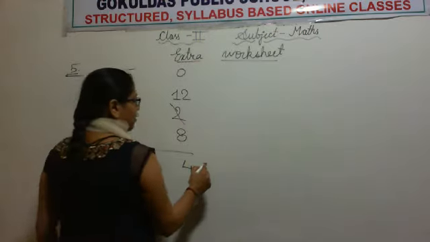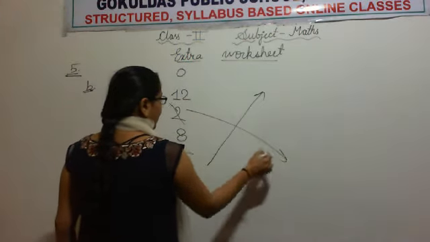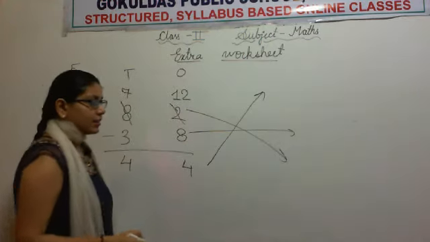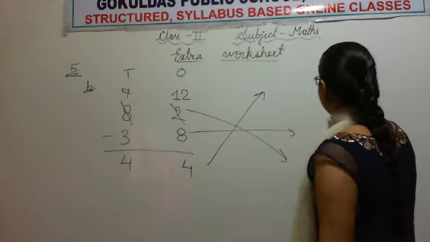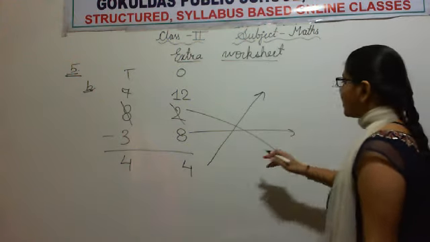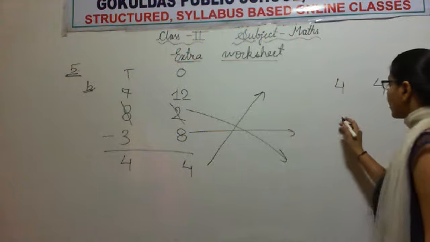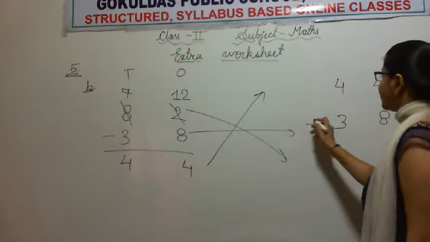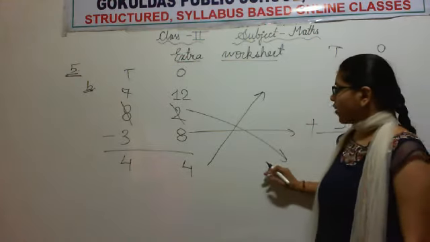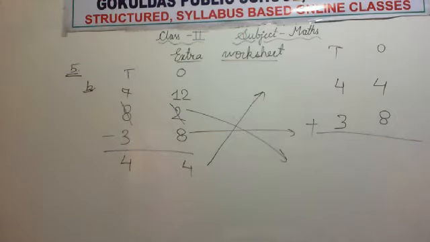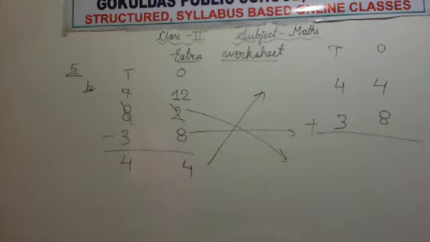Again, we will make a cross first and then a dash line. Okay, so this difference we will write at the top as first addend. This subtrahend we will write as second addend. Let's add them. If our sum is equal to the minuend, it means we solved the question correctly. So 4 plus 8. All of you add 4 and 8. Count 4 finger marks and then 8 finger marks.